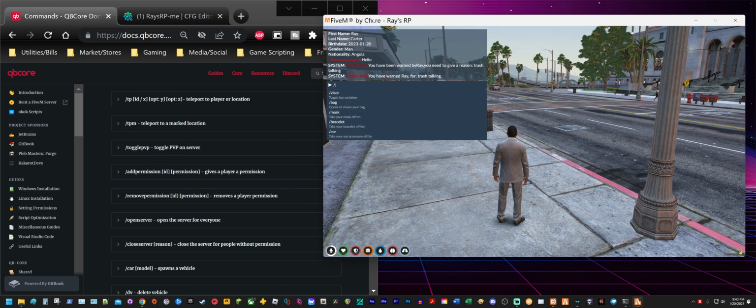And add permission is basically the same as giving a player admin privileges. You can give them certain permissions for certain jobs and stuff like that too. And you can also remove their permissions as well. So you would just type in add permissions, then their actual ID number, and then the permission level that you